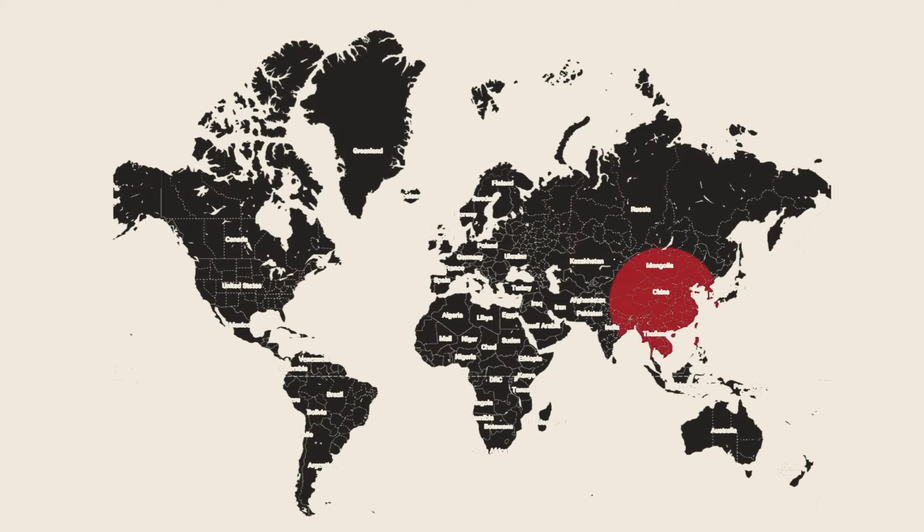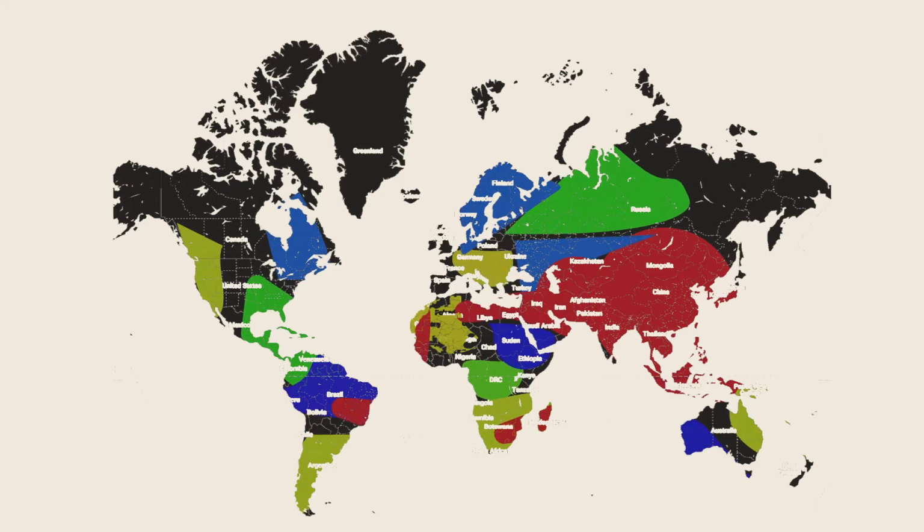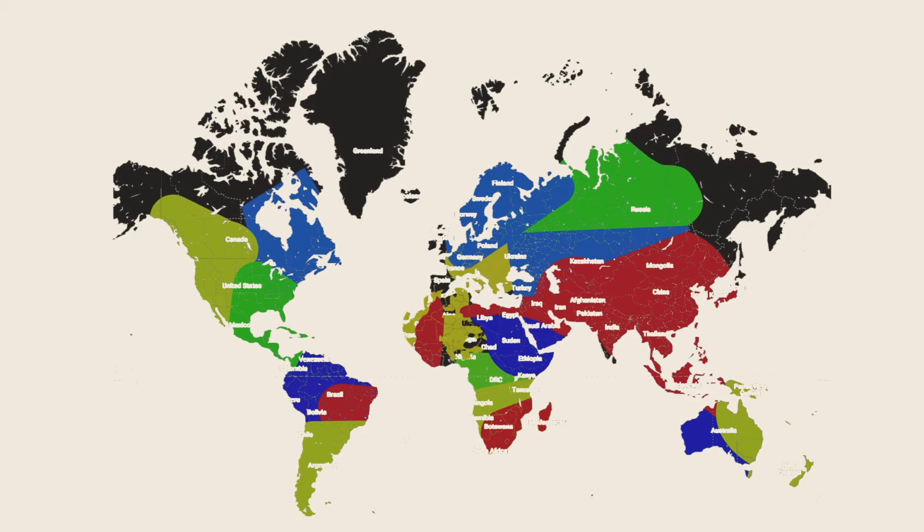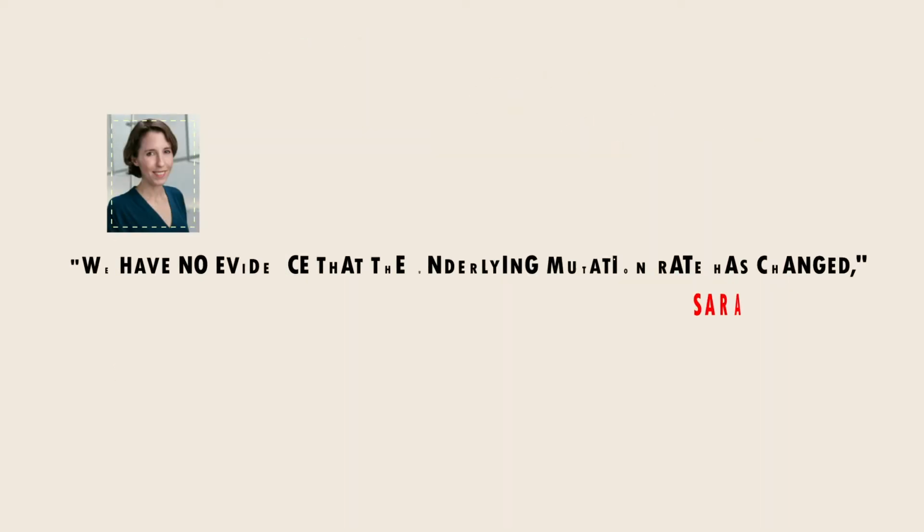At the start of the pandemic, the viruses that infect humans were similar because they weren't that far from the original virus that started the epidemic. But now, the virus has been genetically changing over the past year, branching out like a family tree. Many genetic changes have accumulated in different places. "We have no evidence that the underlying mutation rate has changed," says Sarah Cobey, an epidemiologist at the University of Chicago who studies viral evolution. It makes the natural selection.